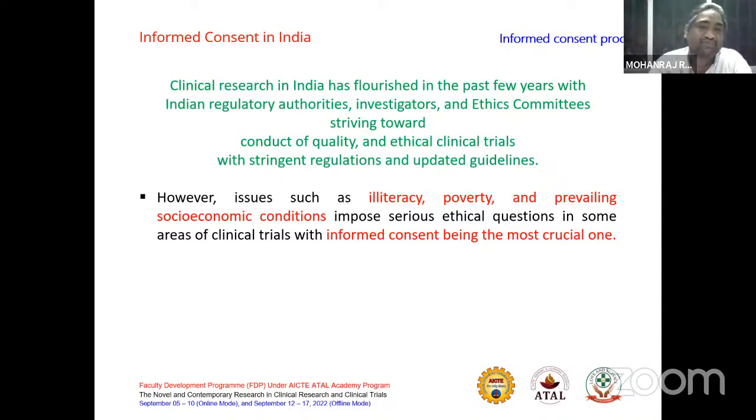fee limitation. But out of all these things, the very important limitation which we face in India is the larger amount of illiteracy, more poverty, and a declined socio-economic population. So we have a large socio-economic population which is deprived, with a low GDP and daily income, and that is also one of the reasons.